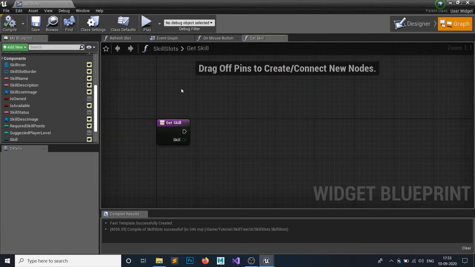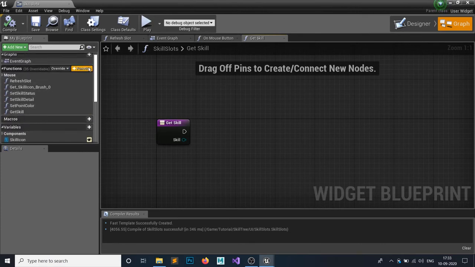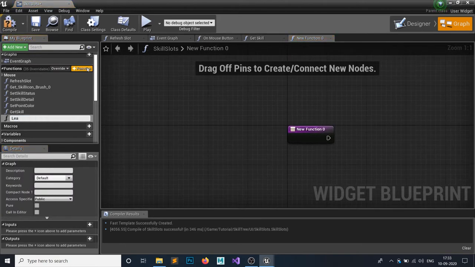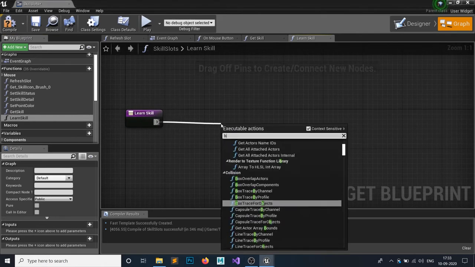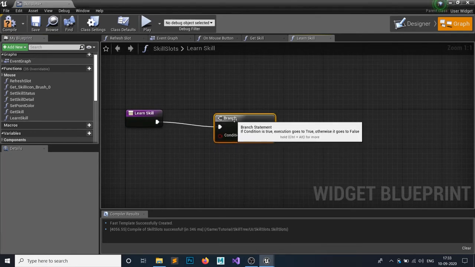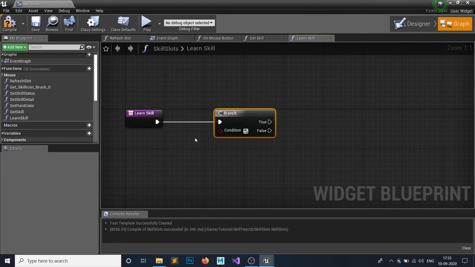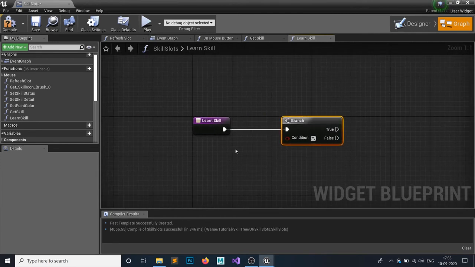Let's code our get skill function. So let's make another function called learn skill, and hit branch. If our skill is available and if our skill is not owned, then and only then do we want to learn this skill.